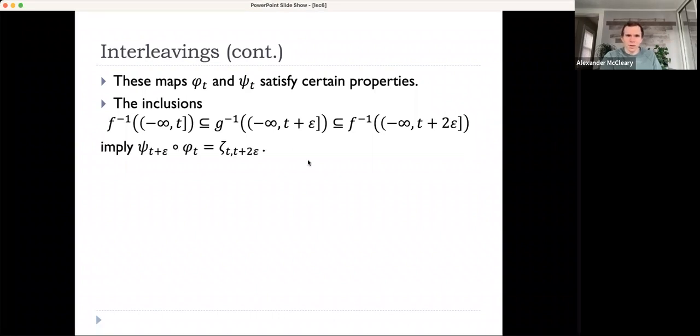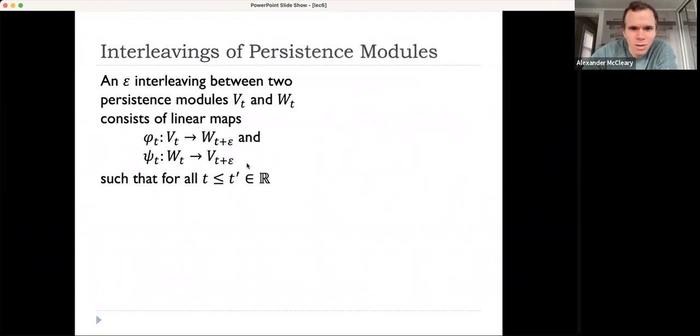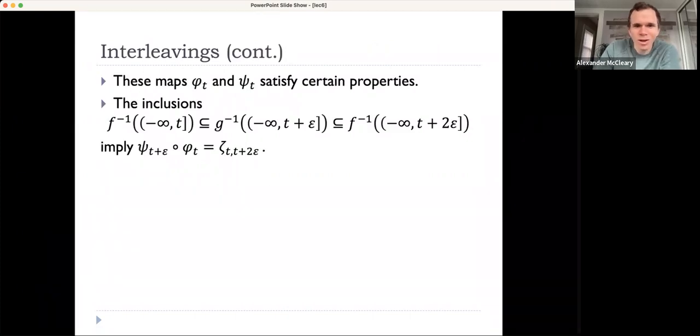So these inclusions imply that if we go via phi t and then psi t plus epsilon, we're going to get just the map zeta t plus 2 epsilon, which is the map from V_t to V_{t plus 2 epsilon}. Right, so this is a natural map associated to the persistence module V_t. And this condition here tells us that